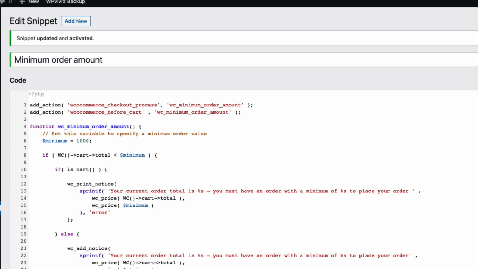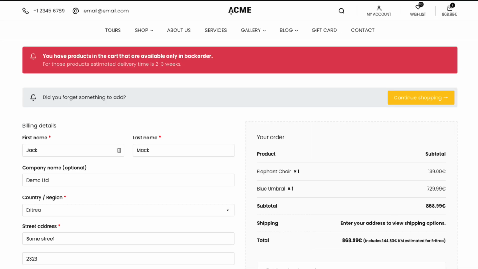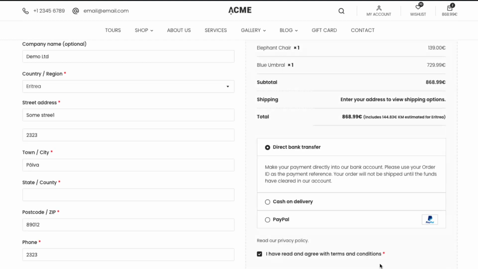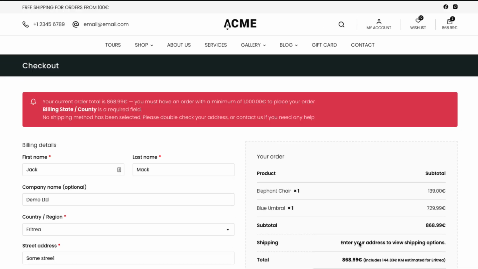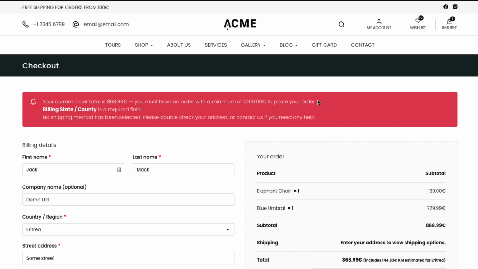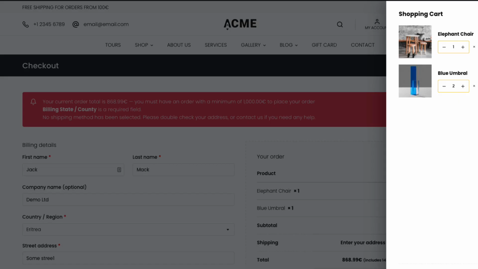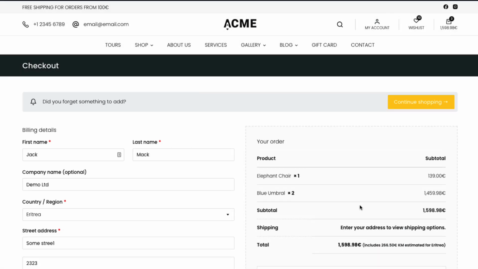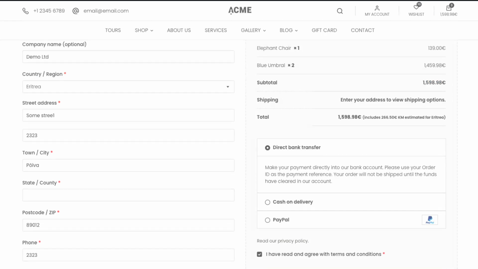Let's see what it will do. Currently my subtotal is 800 euros with something. If I want to place the order, it says that your current order total is less than 1,000. You must have an order with a minimum and so on. If I add another one here and go to the checkout, now the total is more than 1,000. If I place the order,